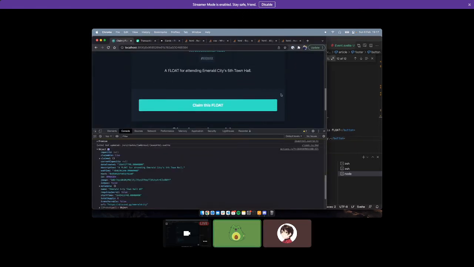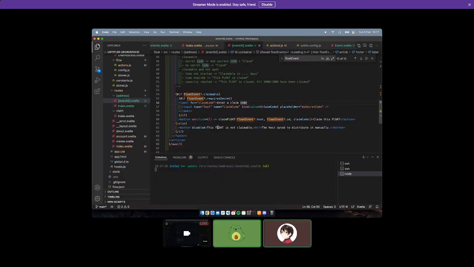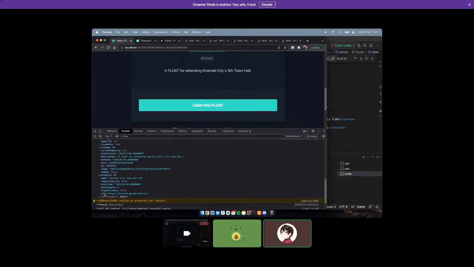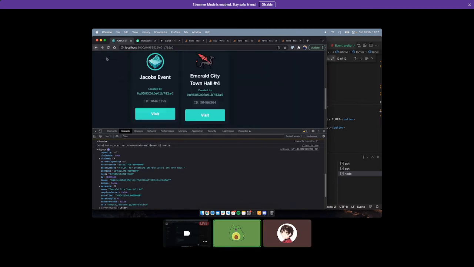Shouldn't that work? Well, because this one is claimable. Okay, now that we have current capacity, that's because this one doesn't have a limit. If we go to the other one,